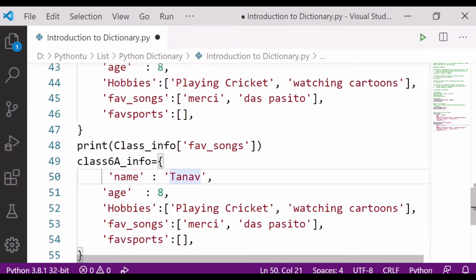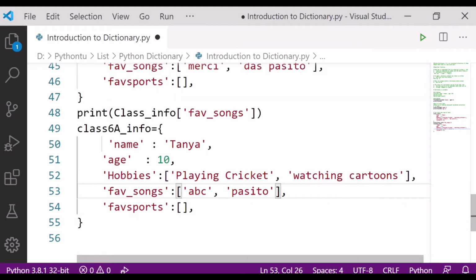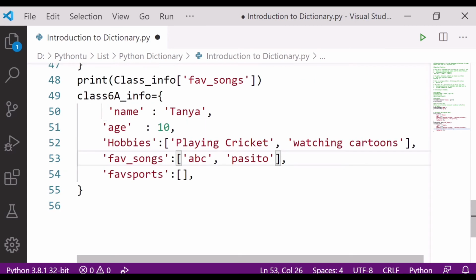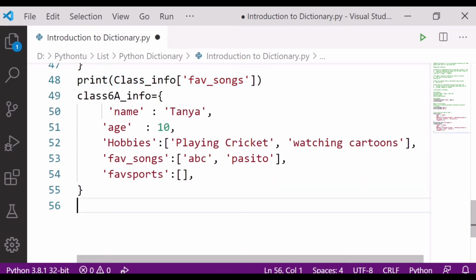I will simply change it to 10, let it be anything, A B C. So this is how you can create a dictionary inside a dictionary.